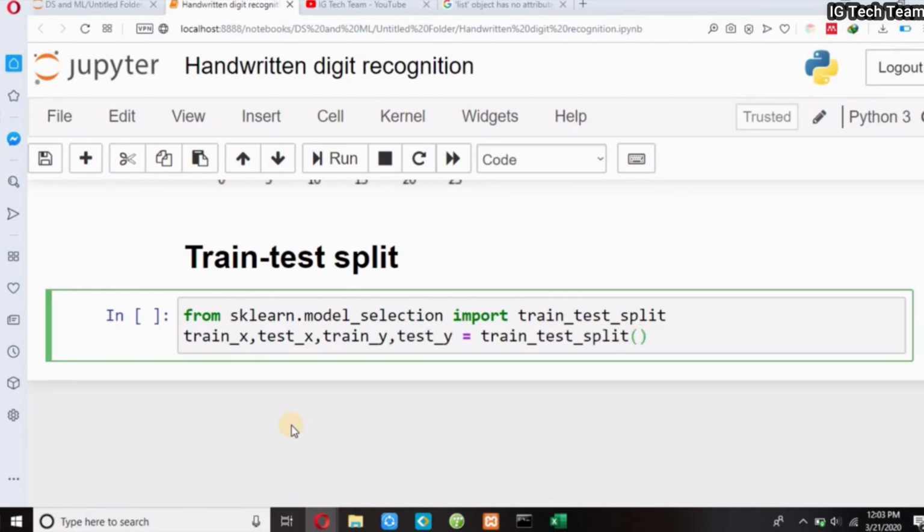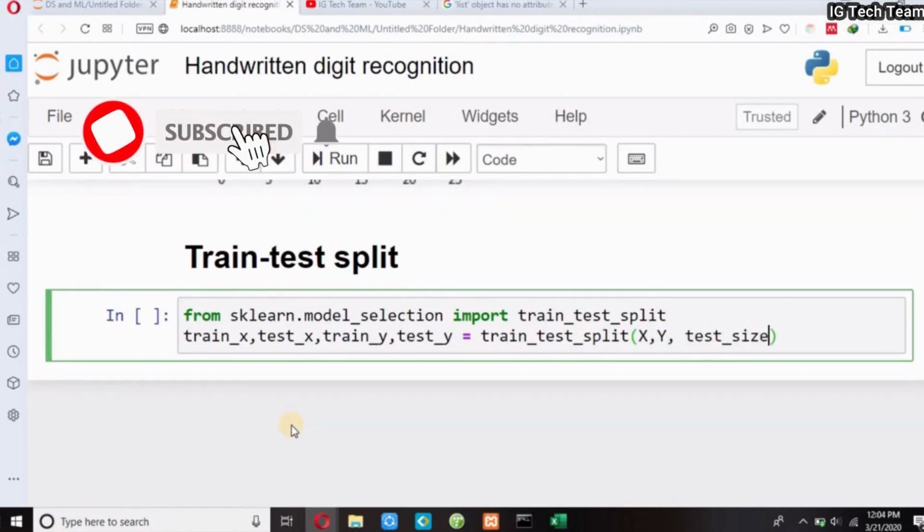I have to pass my dependent and independent variable, and test size equals 0.2. So what is this? Test size equals 0.2 means 20% of the images are used for testing purpose and remaining 80% of the images are used for training purpose. Training images are used to create my model, whereas testing images are used to calculate accuracy.